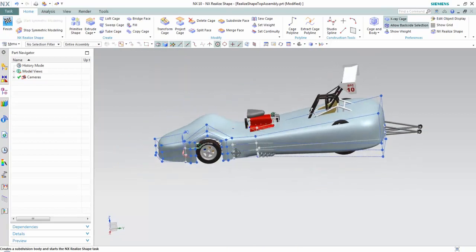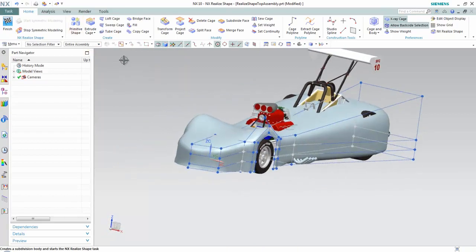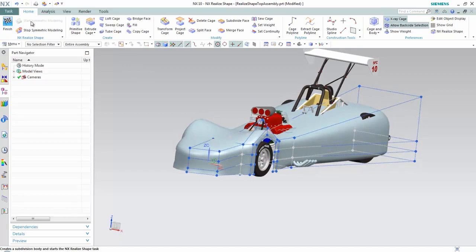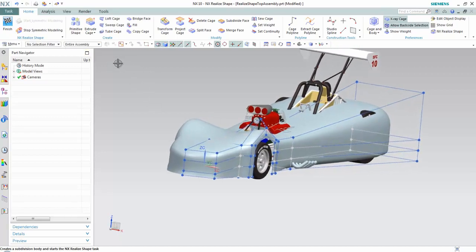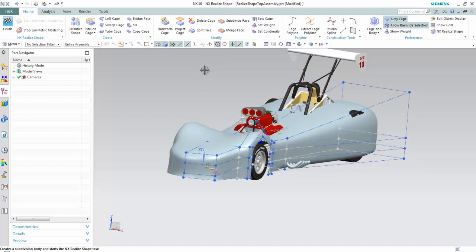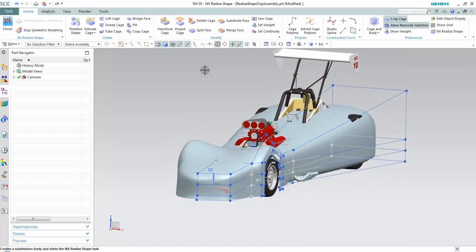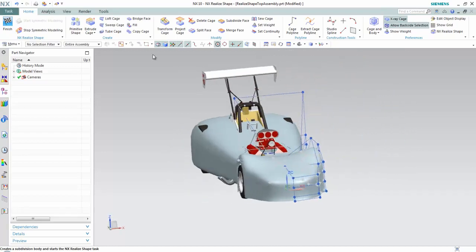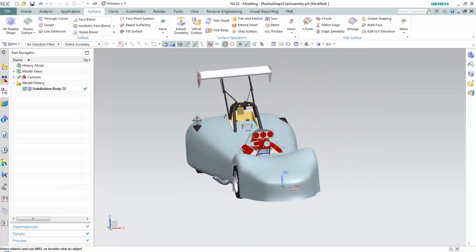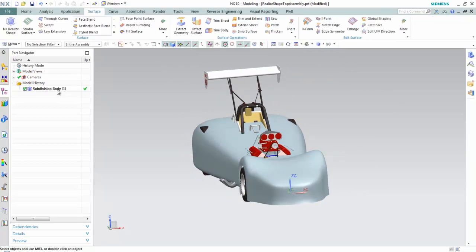And you get the idea. The workflow is we're going to start with a primitive. Do we want symmetry? Transform the cage. Right? Merge, divide, subdivide to give more control, and start grabbing clay, if you will, and molding it into shape. If I hit finish, that's going to back me out of realized shape, and I have that